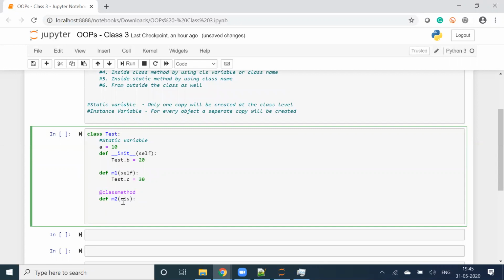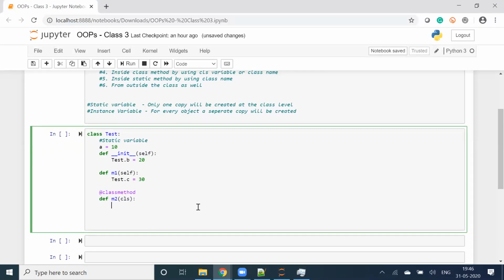When I'm passing self, that means it is associated with the current object, and when I'm passing cls, that means it is a class method. So as per this, inside a class method, by using cls variable or class name, if I want to create a static variable inside the class method, there are two ways.